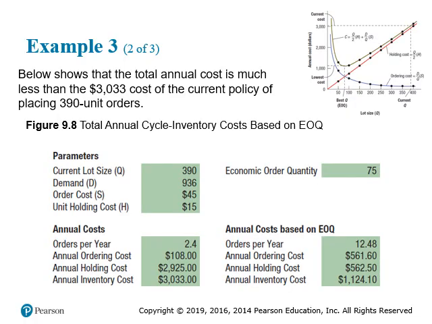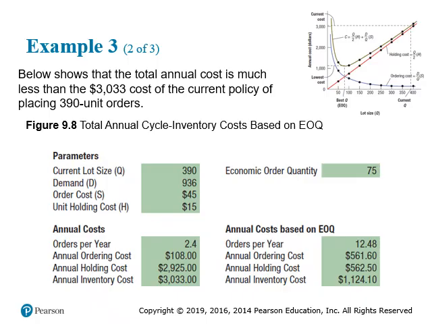Summarizing, if we were going at 390 units for every order, in this scenario, we end up ordering 2.4 times a year, and our annual cost, adding the ordering and holding costs we found on an earlier slide, would be $3,033. By contrast, if we order 75 units,